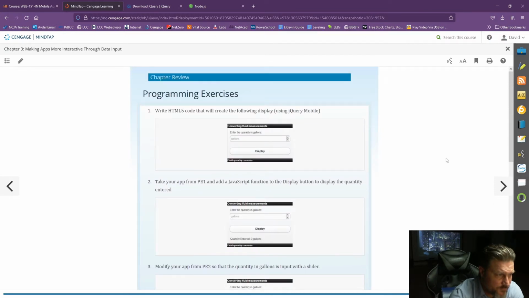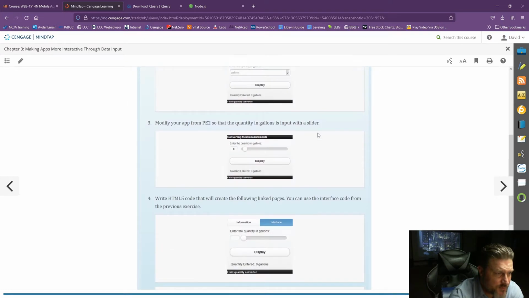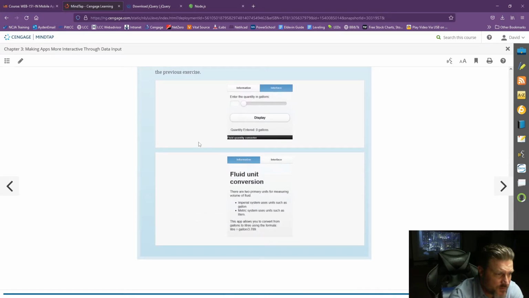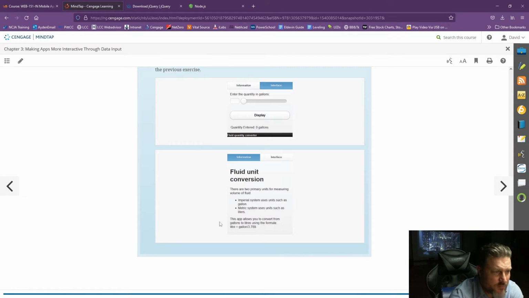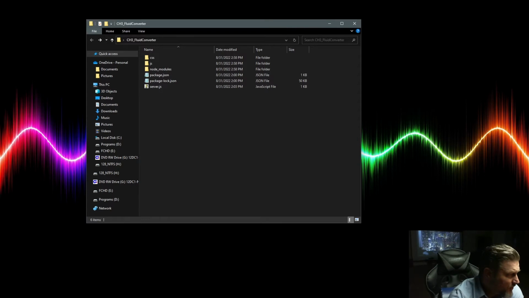Yeah, the programming exercise. It's the whole thing. We're just going to do the whole thing all at once. You don't have to worry about these different steps. I just want one finished working fluid conversion. So the first page in that fluid conversion converter,